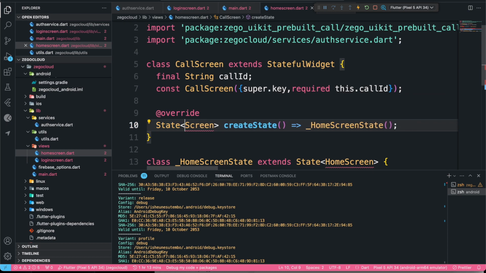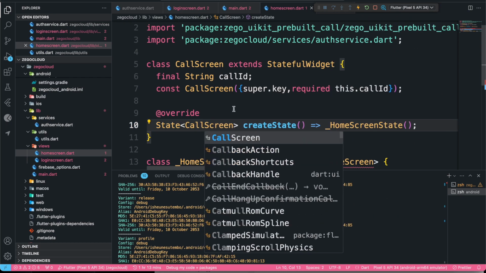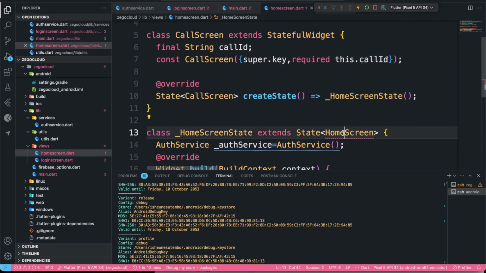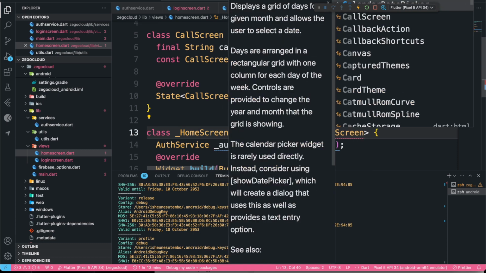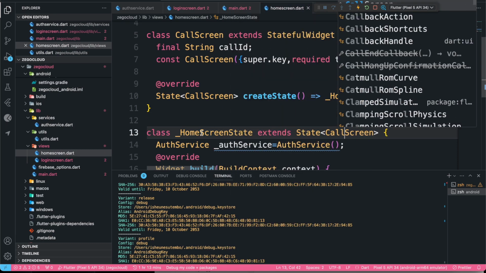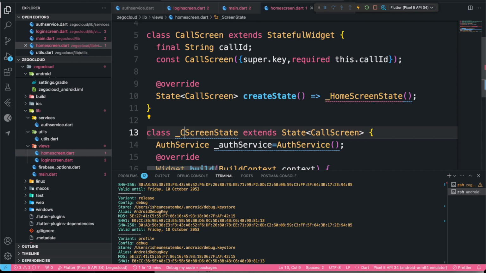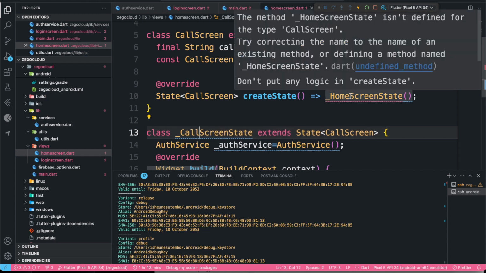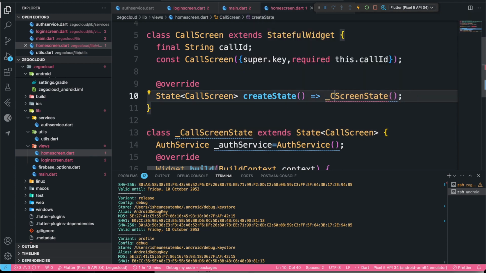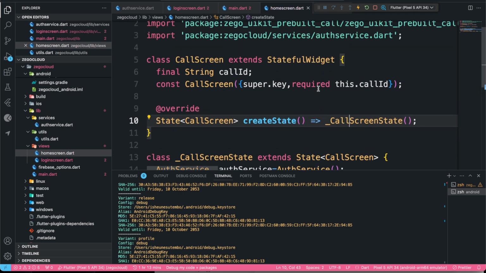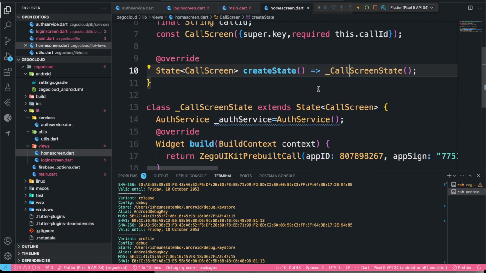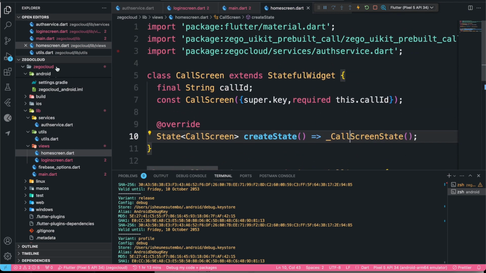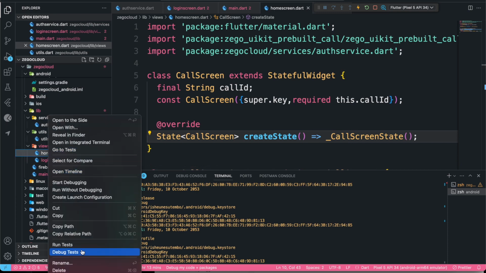Okay. So let's just change this to core screen state. Okay, so now we can create, let's rename this